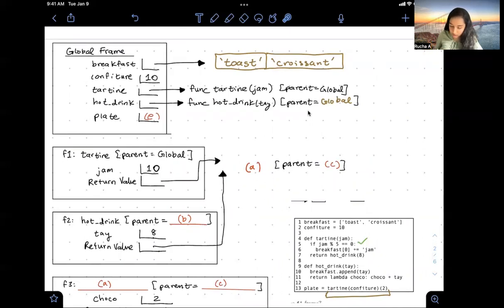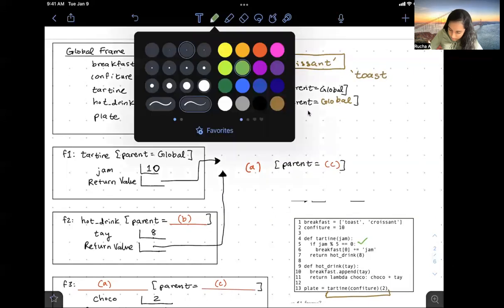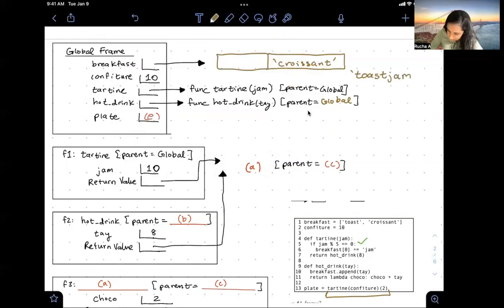So let's go back to the global frame because that's where breakfast is defined. We go to the list here and we go to the first element right here. And here is where we're supposed to add this substring called jam. So let's make that change. Or I can just add it outside and then just put it back in. So we just basically modify the string in